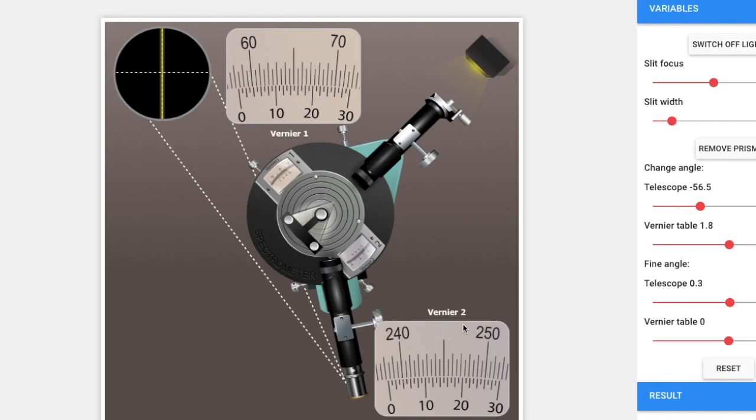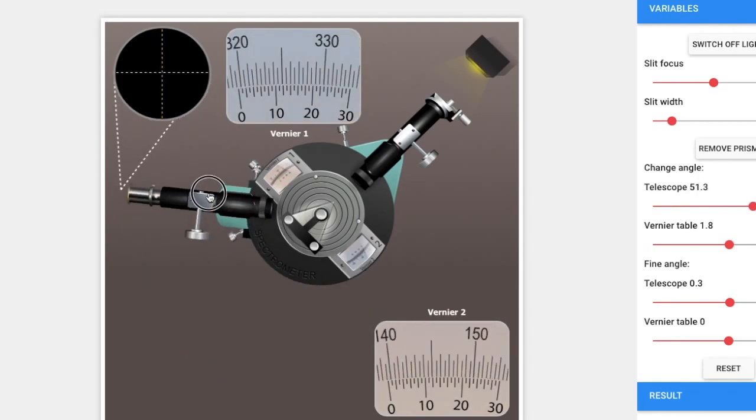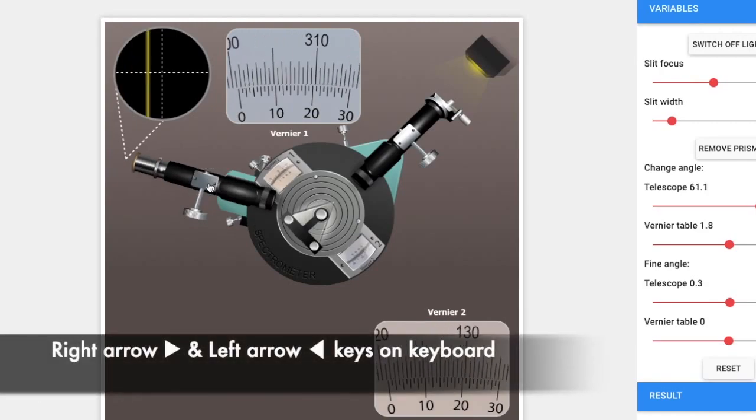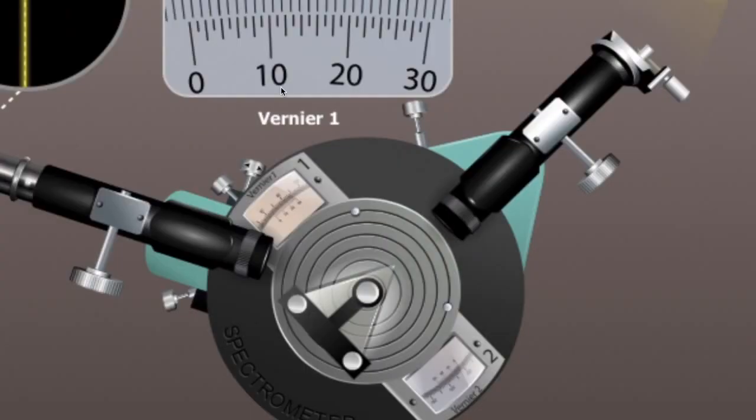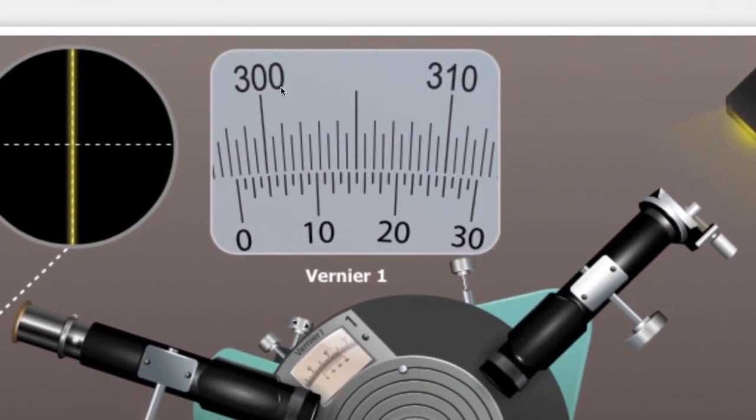Now we need to take it to the T2 position. So for the T2 position, we need to drag this to that corner. When you reach here, that time you should be using the keyboard. So now we are looking at the T2 position. Let us read the scale. Remember that once you assume that this is your vernier 1, do not interchange it later. So let us take the next reading.